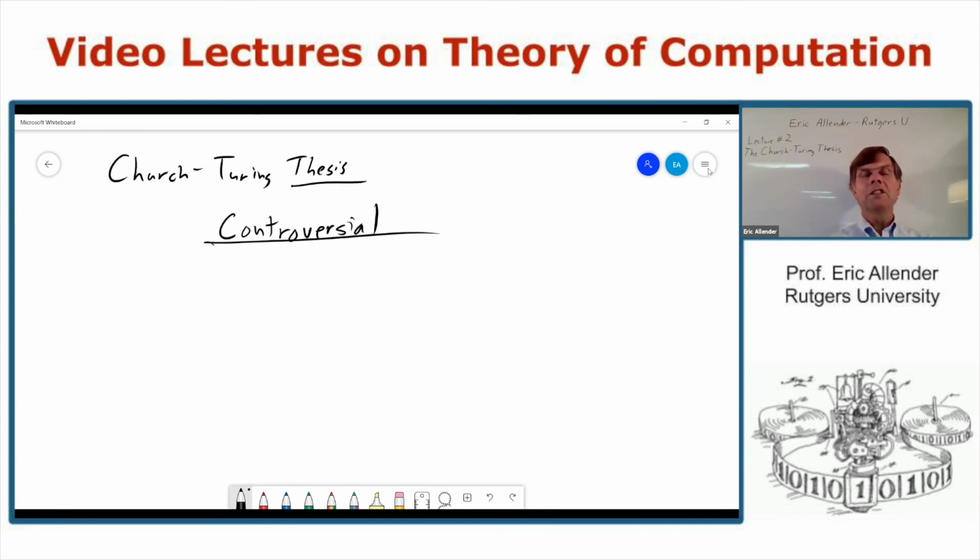And even if somebody does come along with a convincing argument that says that you can do things that are not computable on Turing machines, well, this is still going to be a pretty important model of computation, things that you can do on ordinary computers with ordinary programs. And so it would still be well worth studying.